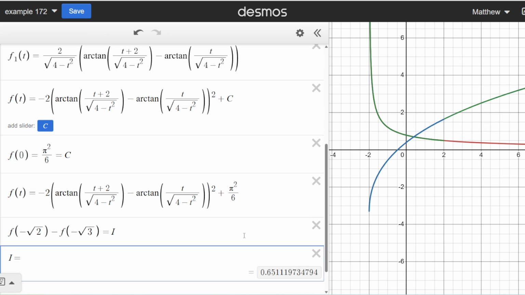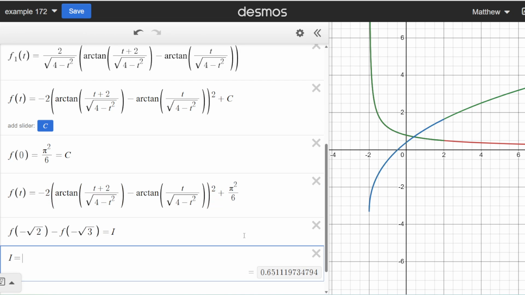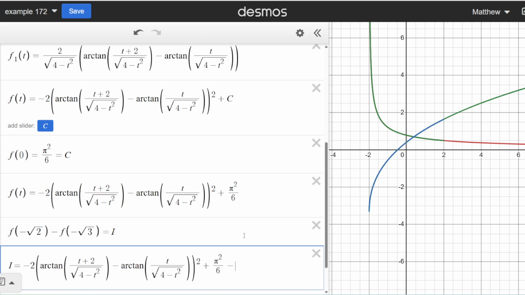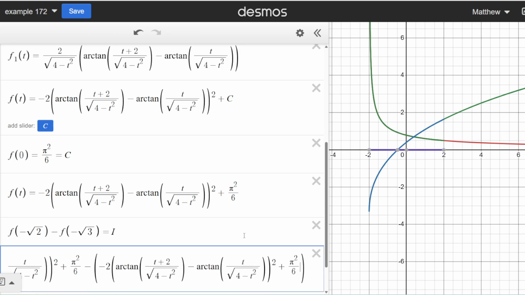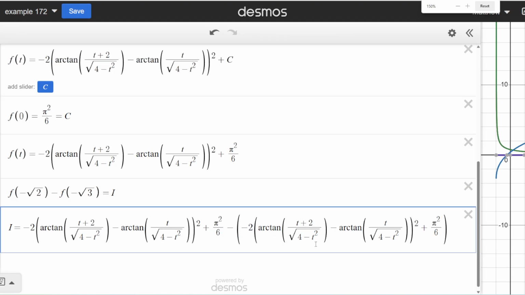So I is equal to this minus, and then we'll put a parentheses, this. And now let's go ahead and zoom out a little bit. We don't need that graph anymore. Can we zoom in? Yeah, there we go. All right, so what's going in here